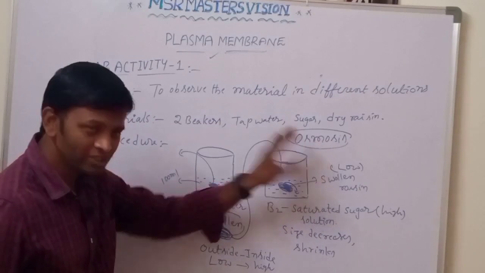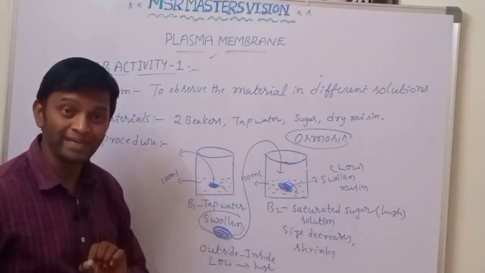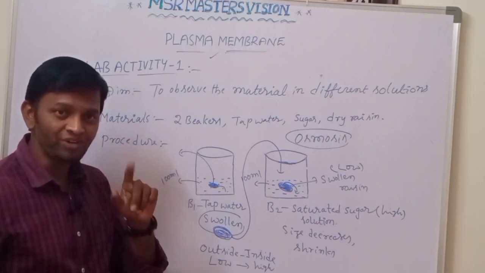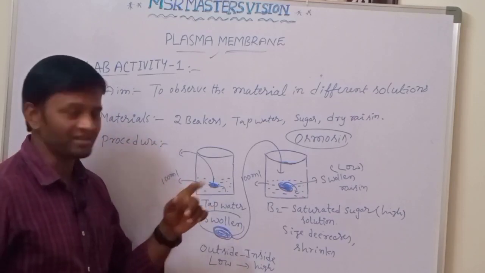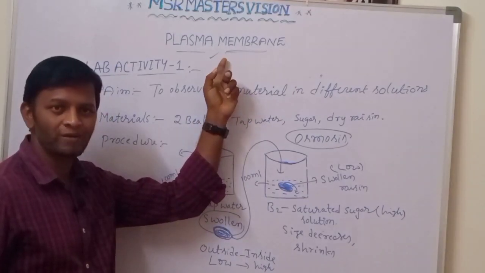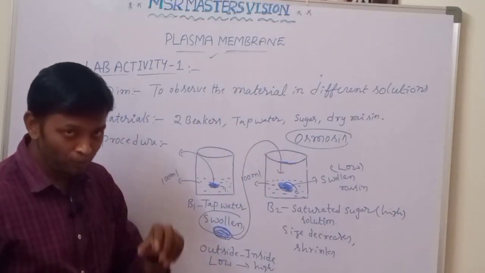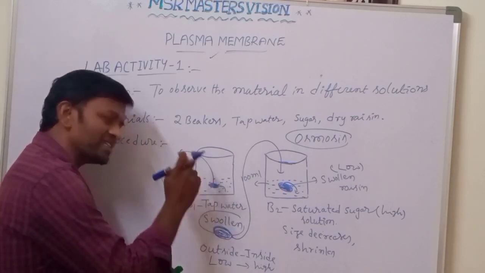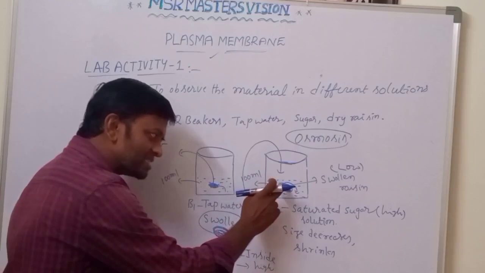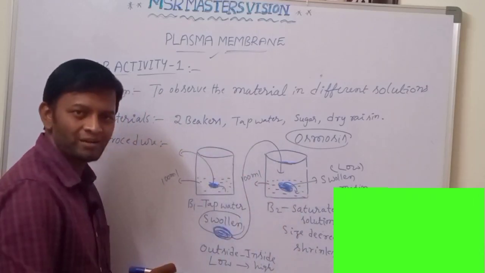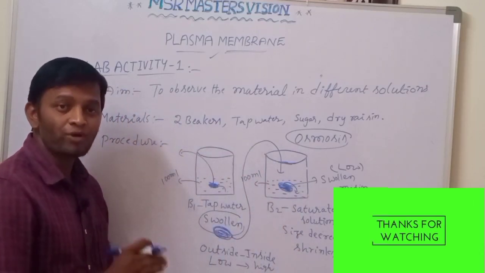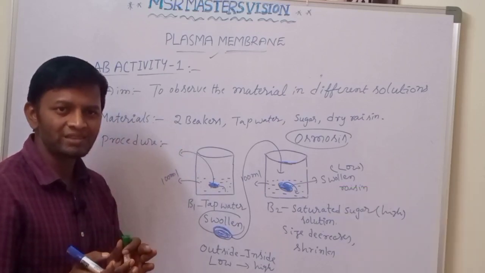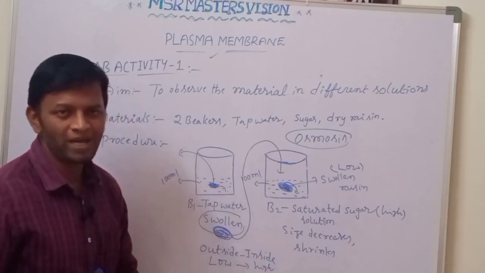Osmosis takes place by which part of the dry resin? Osmosis takes place by the plasma membrane. The plasma membrane is helpful for allowing substances inside the resin or exiting substances outside the resin. Based on this, we can say that for allowing substances inside or outside, the substances compulsorily pass through the plasma membrane.